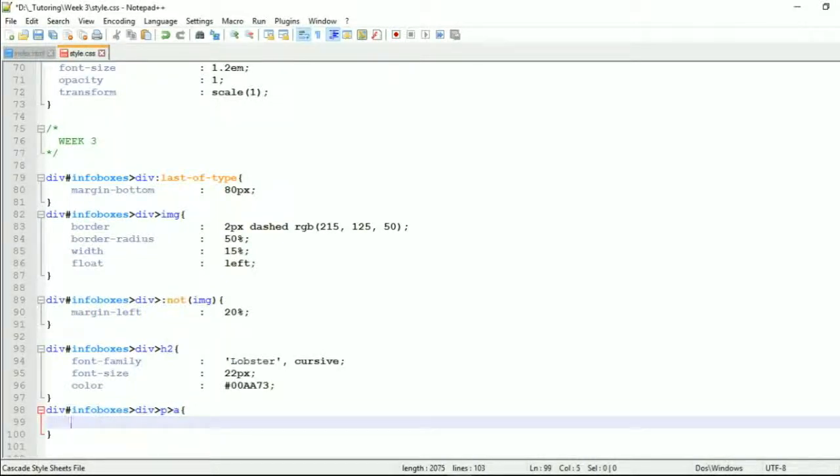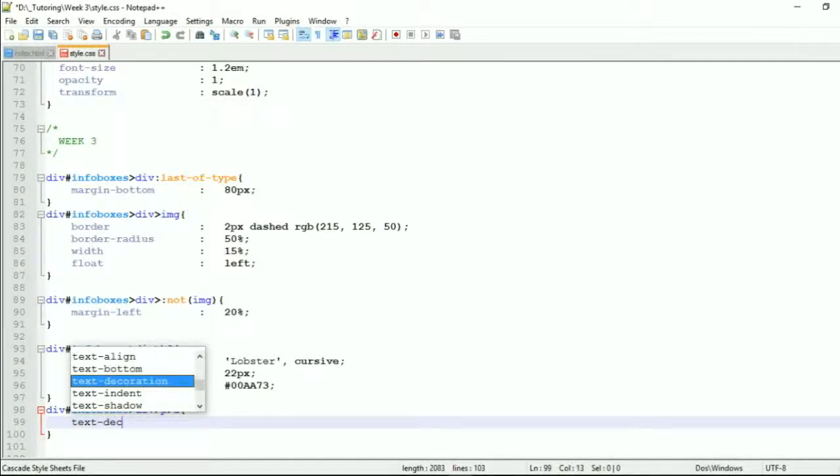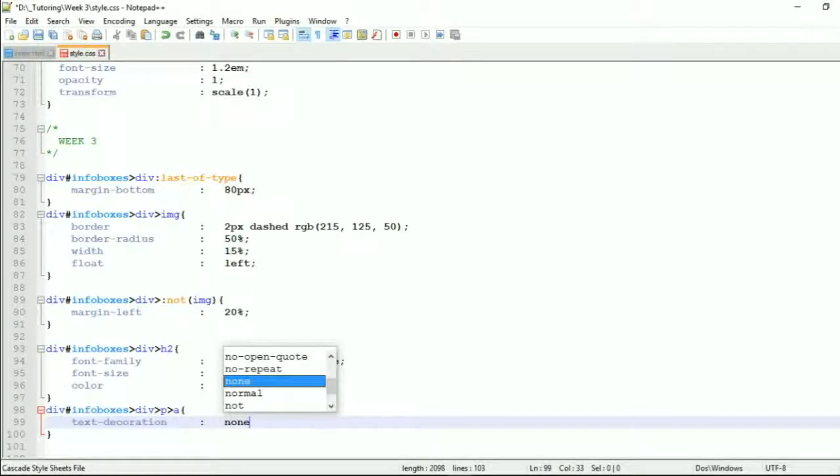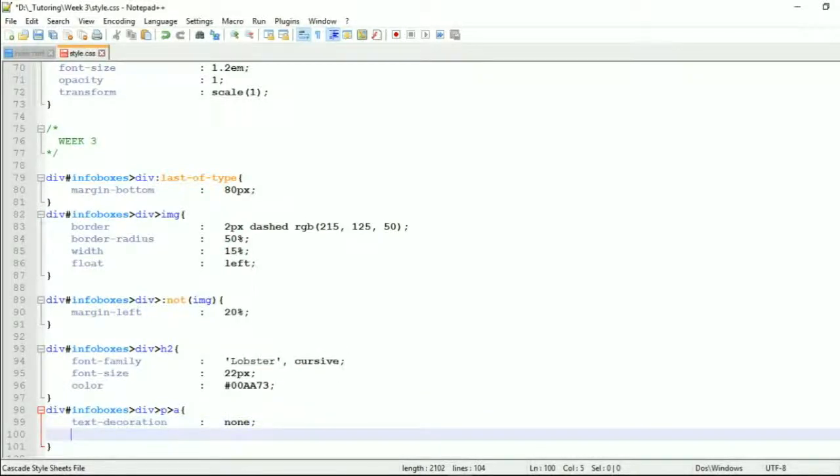Right, and to remove that underline we say that we want text decoration to be set to none. Simple like that. And color of the text